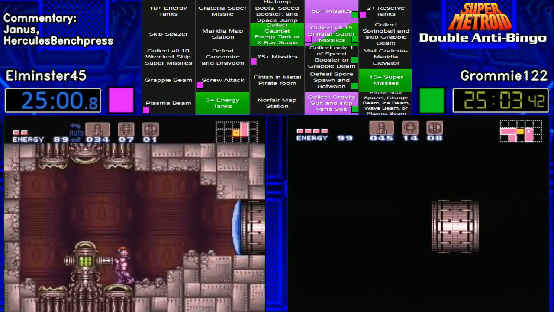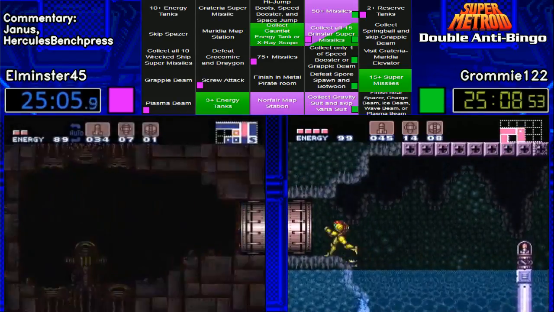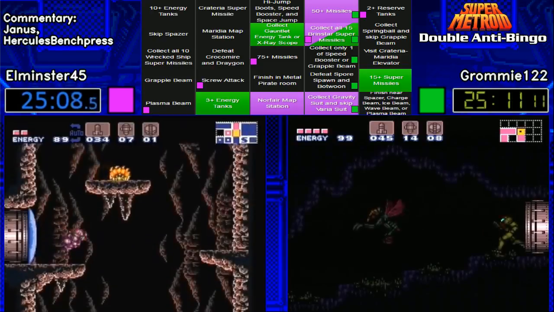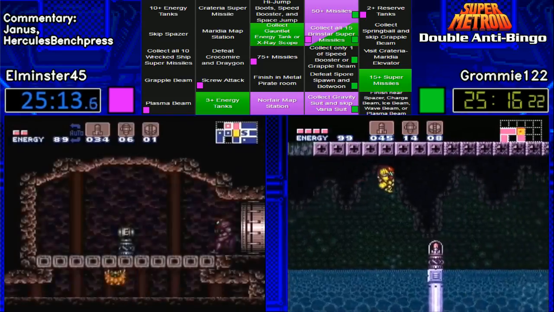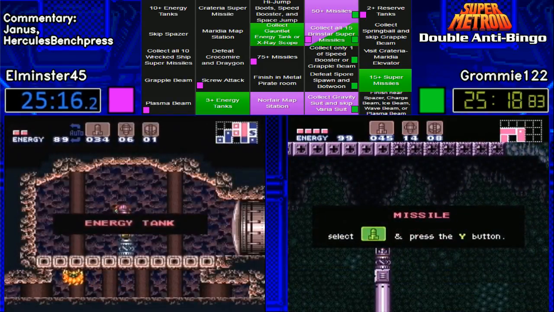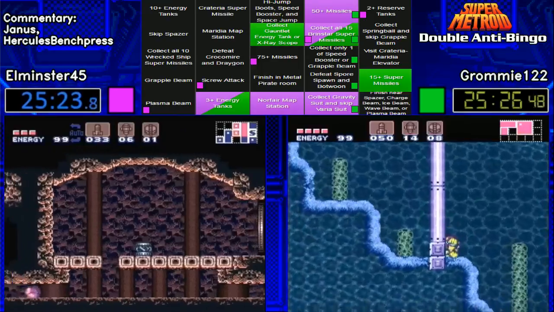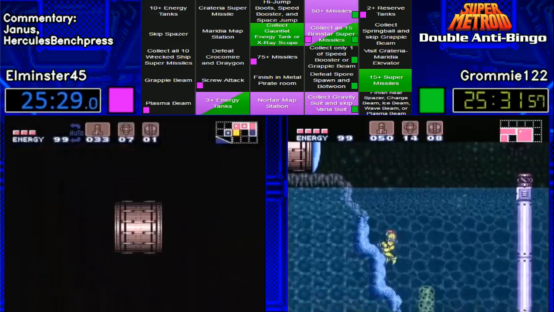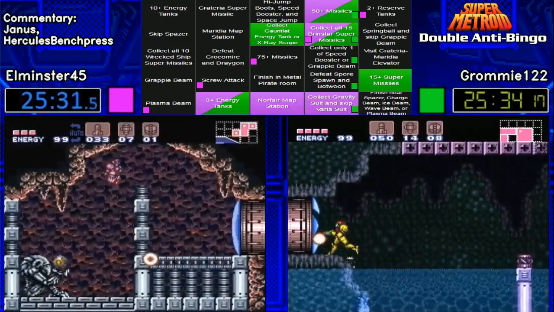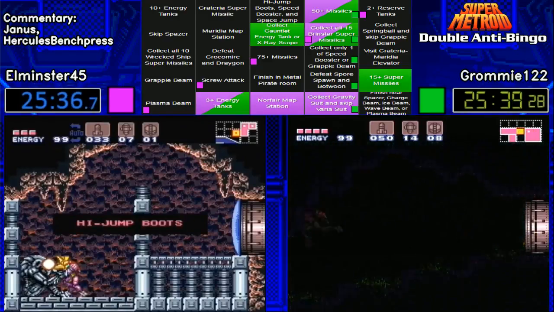Interesting. Very interesting. Elminster getting that Norfair map station. Could be that Elminster's going for row 5. Yeah, probably. It's not far out of the way at all. And it's pretty free. Like, very free. All he really needs to do is get... Actually, Elminster's already almost done. Yeah. He's pretty much... all he's got to do is...